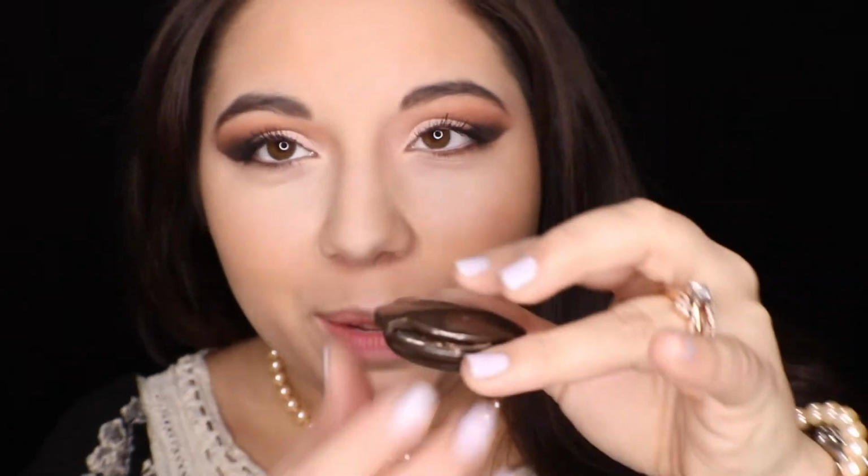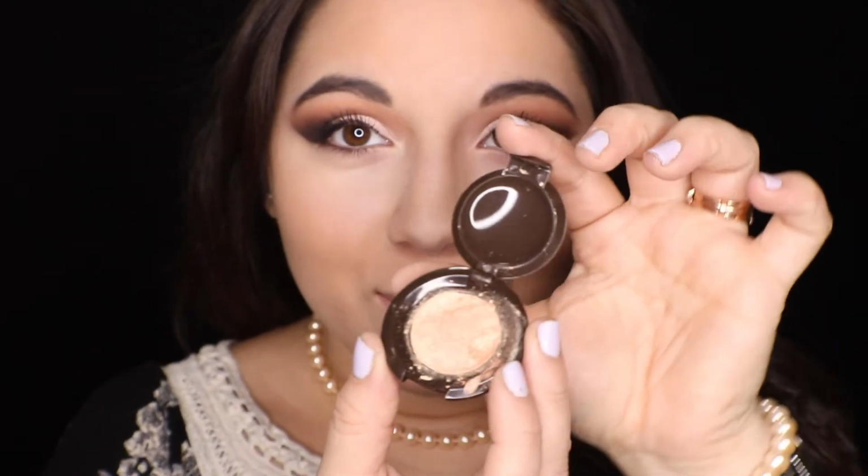Okay, and once you're done with that, I always like to go in with the highlighter. Today I'm going to be using the Becca highlighter. I actually just finished breaking this. It fell on the floor. So this is the color Champagne Pop, and I have the little tiny sample size. So grabbing a little bit of this, I'm going to...